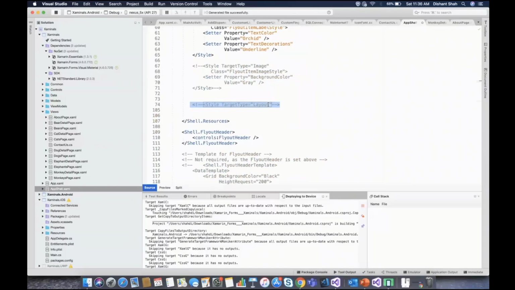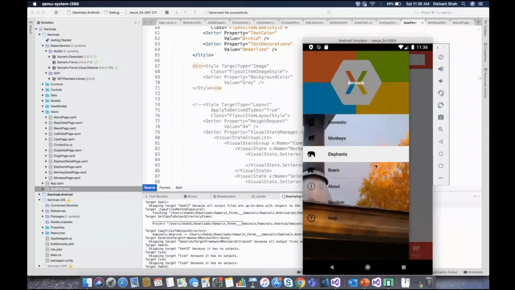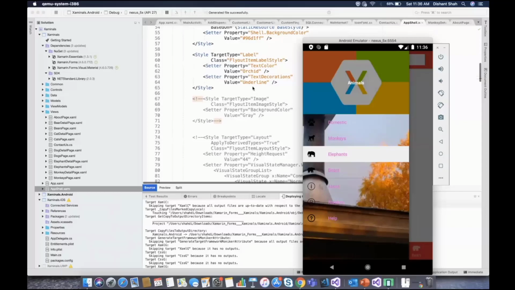So hit save. Let's wait a couple of seconds. Okay, here we go. You can see that the text color has now changed to orange, and there is an underline on the text. It might not be that visible, but it is there. So if you want to change any styles for your flyout labels, you can just use this flyout item label style, which will give you all the controls to update the styling for your labels.